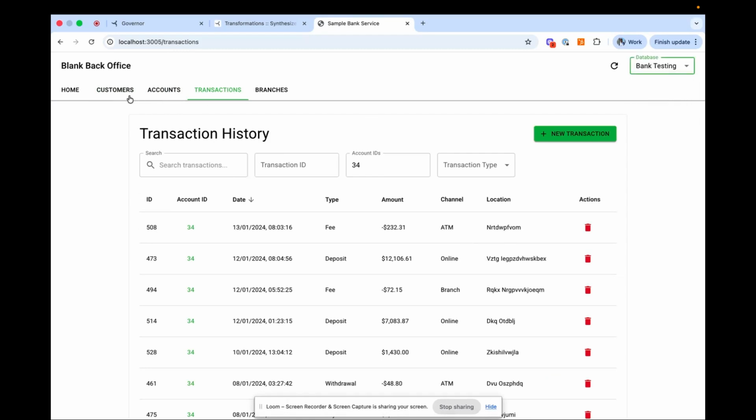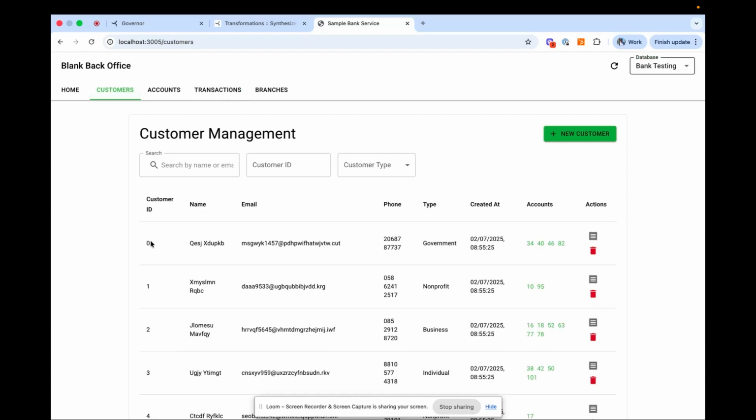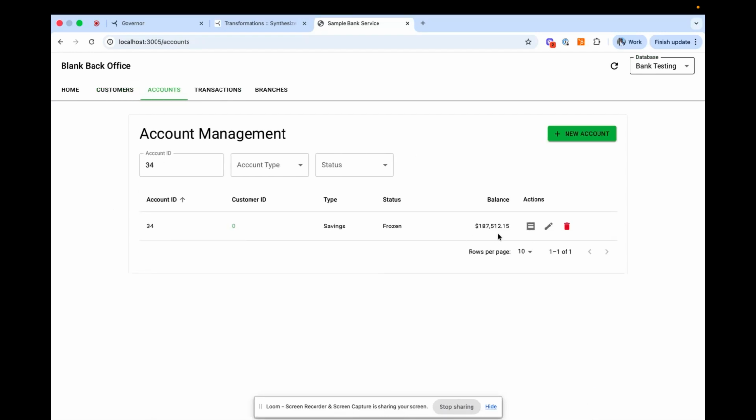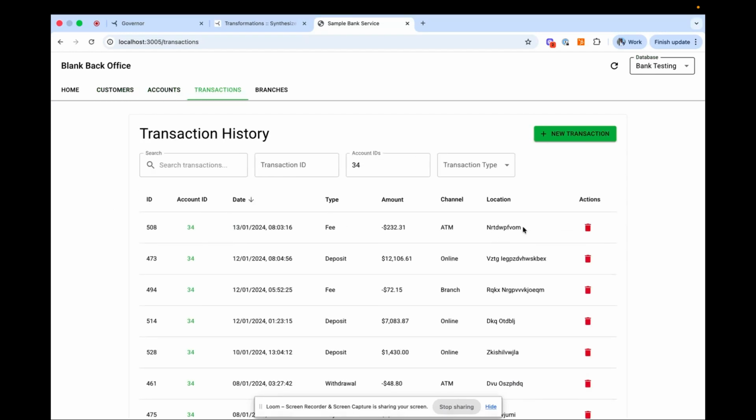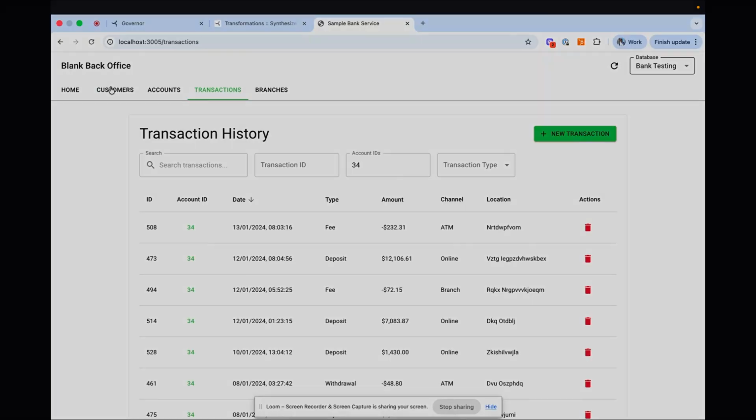If I now come into my test database, which is where I generated the data, you can see that all those fields such as names, emails, they've all been masked. Similarly, with data such as location, that's also been masked because we identified that as sensitive. What's really key here is the referential integrity within the system has been